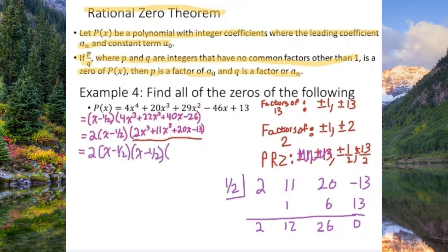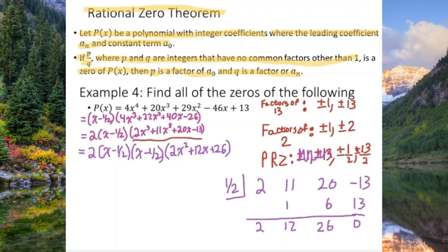Now our other factor comes from our quotient in our synthetic division, which is the 2x squared plus 12x plus 26. Now I have my polynomial factored into a product of linear and quadratic factors, which is precisely where we want to be, because from there we can either solve our linear factors or use the quadratic formula if we need to. But let's still see if we can factor the 2x squared plus 12x plus 26 any farther,